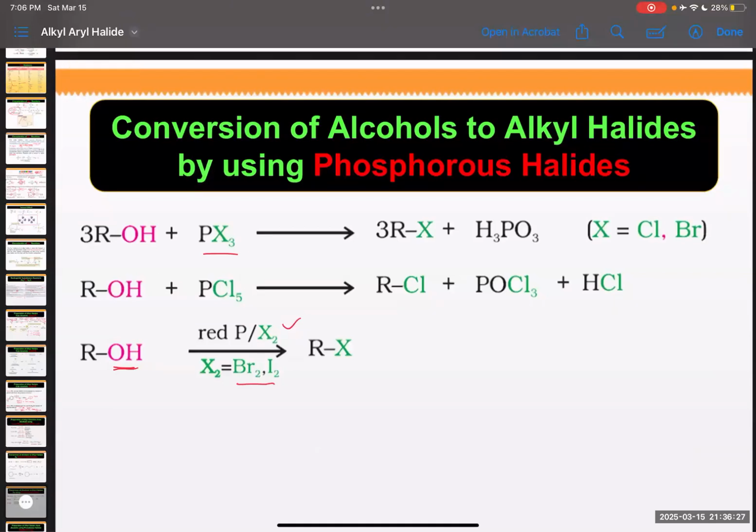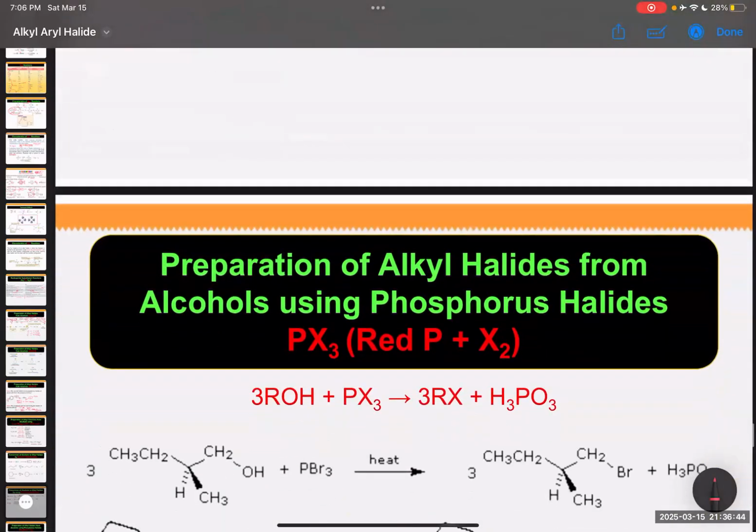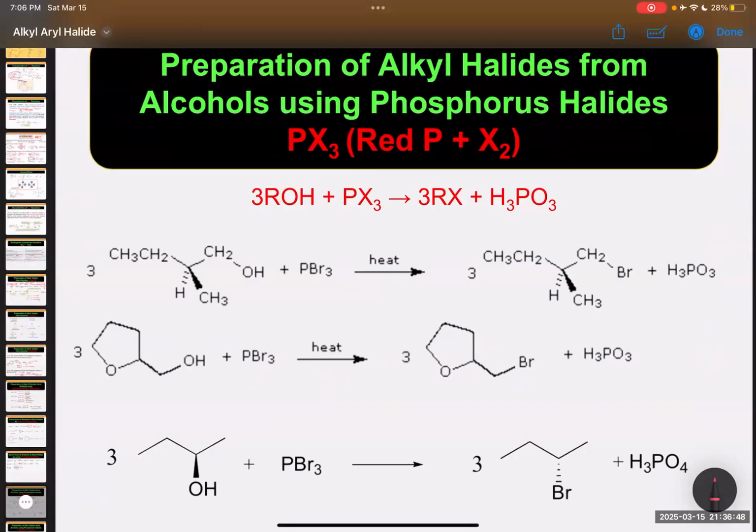Phosphorus halides PCl3, PCl5 can also be used. All these methods are substitution reactions, SN2. So you will see that there is an inversion of configuration. Inversion of configuration, if there is a chiral carbon, then only you are going to see it, for example, this OH